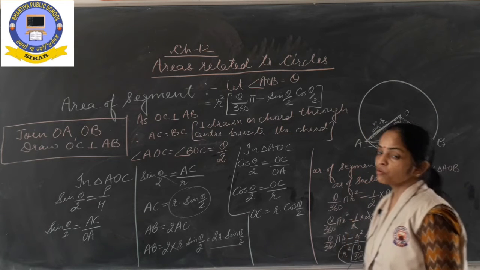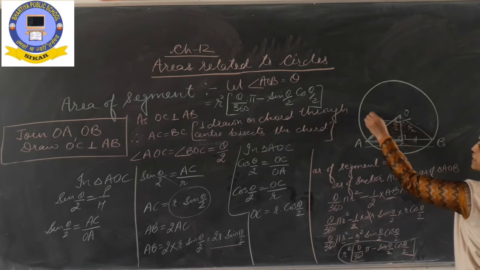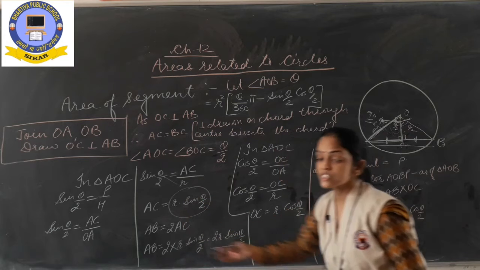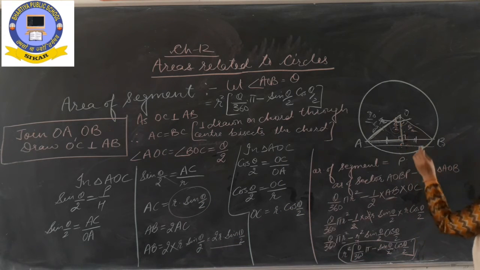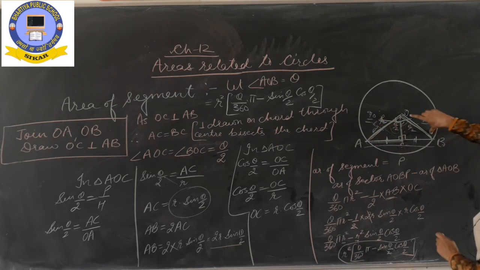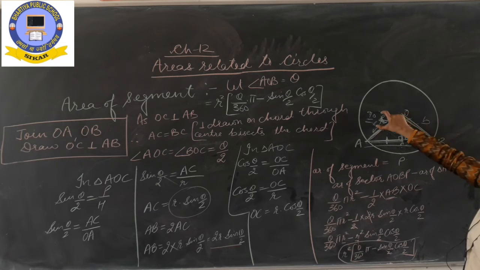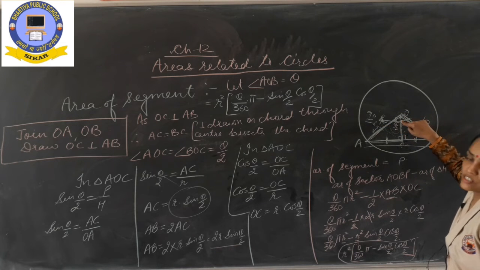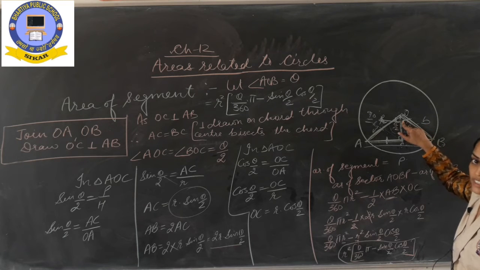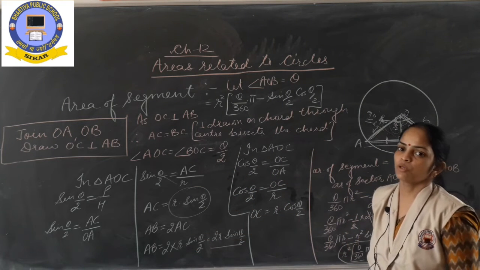Okay, and we have one more concept for 10th class. Suppose this angle is given as a right angle, 90 degree. Then there is no need to solve all these things. Why? Because if this angle is 90 degree, then OB is considered as base, then OA will be perpendicular, so directly you can find the area of triangle OAB by half base into height. The angle just has to be 90 degree. Otherwise, if this angle is given 120 degree, 60 degree or anything else, then you will have to find out all the values and you learn this formula.